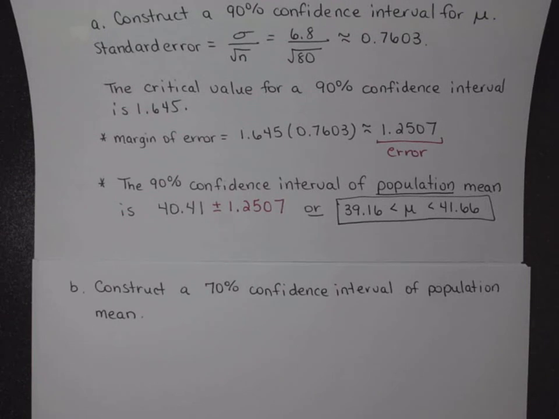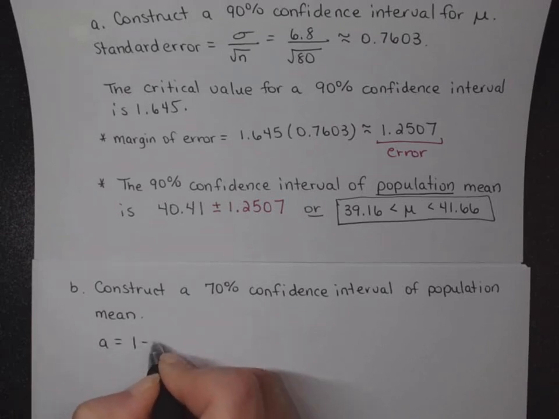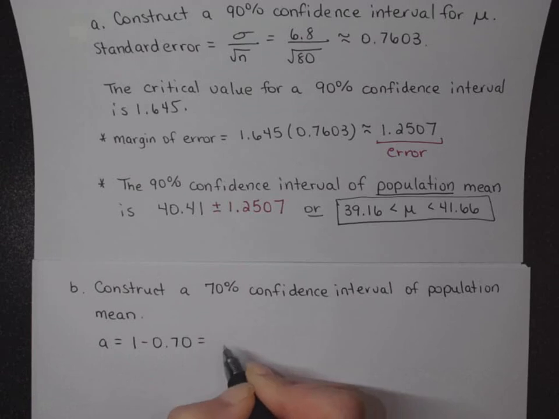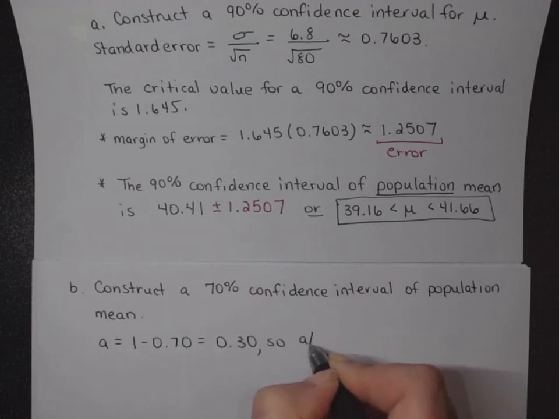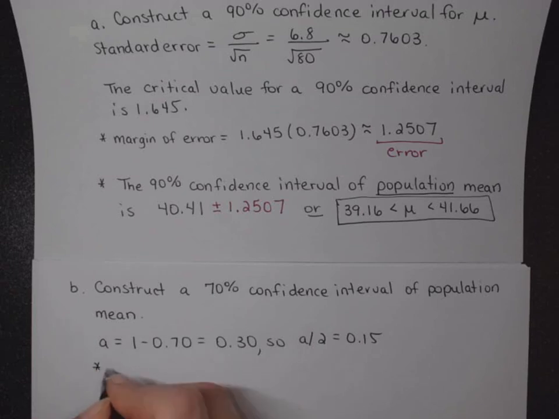Okay, so we kind of use example 2, and so we do want to go on both sides kind of. So this is what we would say. We would say, okay, alpha is going to be 100 minus the 70%, which would be a difference of 30%. So alpha over 2 is going to be half of that, or 0.15. Think about 70% in the middle, right? So 30% would be outside of that, 15% on either side. Okay. And then we're going to use table A.2